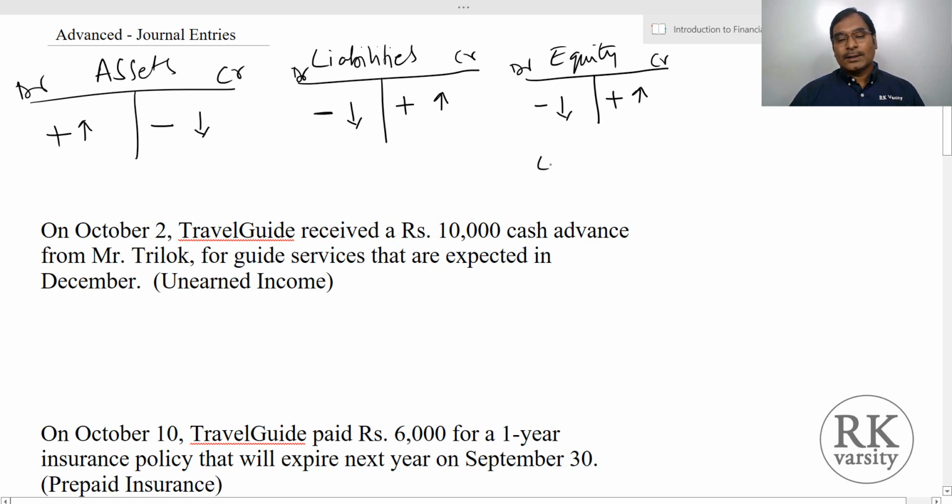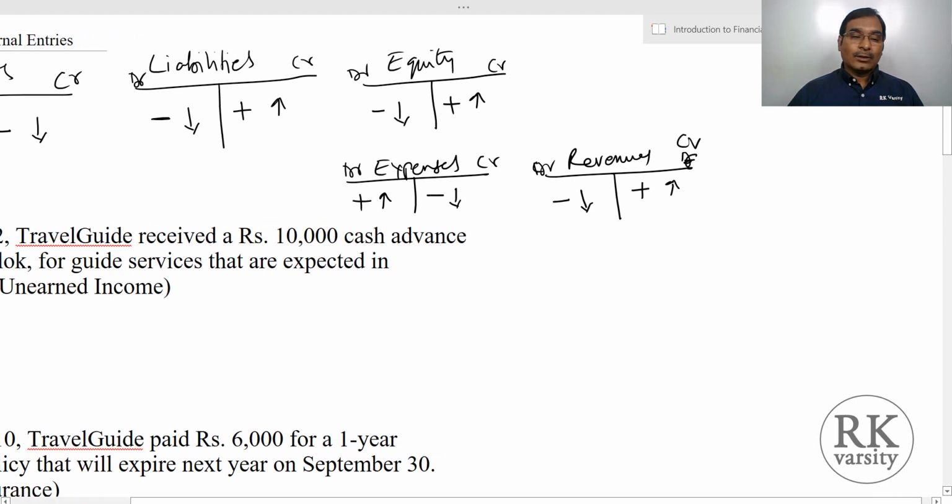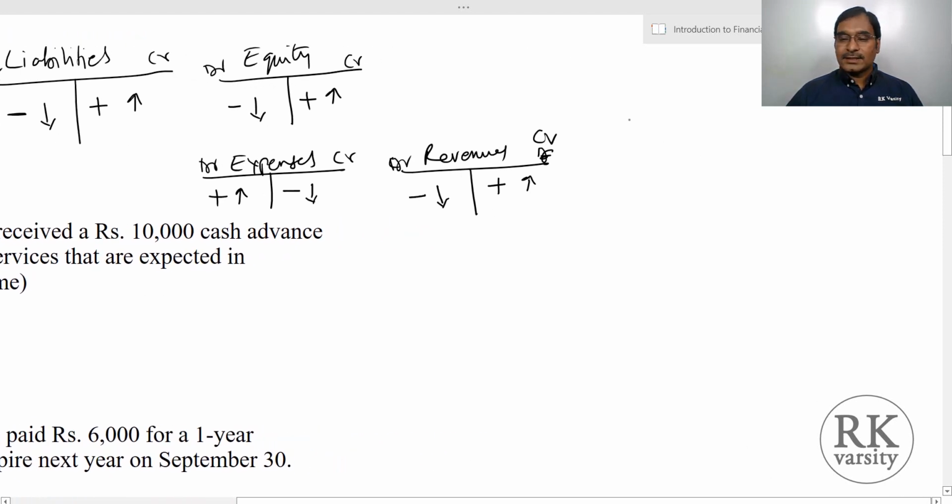Now when it comes to expenses, when your expenses increase, we debit, and when expenses decrease, we credit. On the other side, when revenue increases, we credit, and when revenue decreases, we debit. And the rules of generalizing transactions are that first, in each transaction,